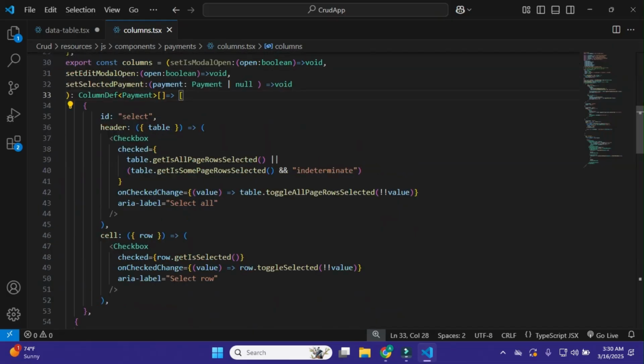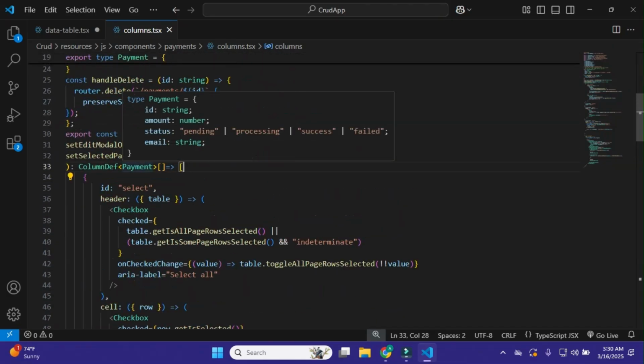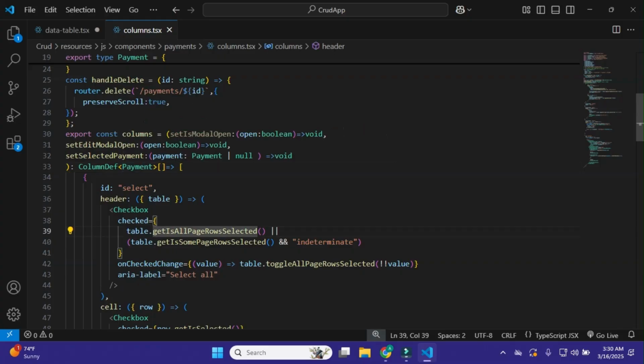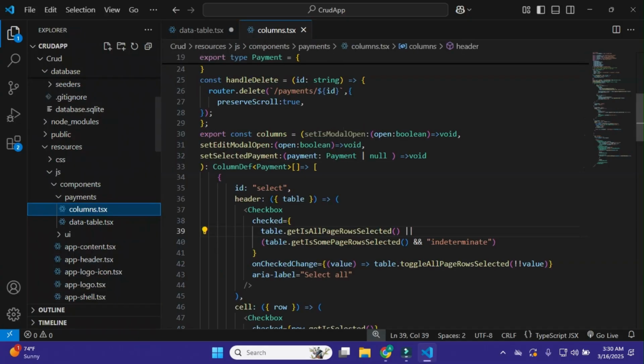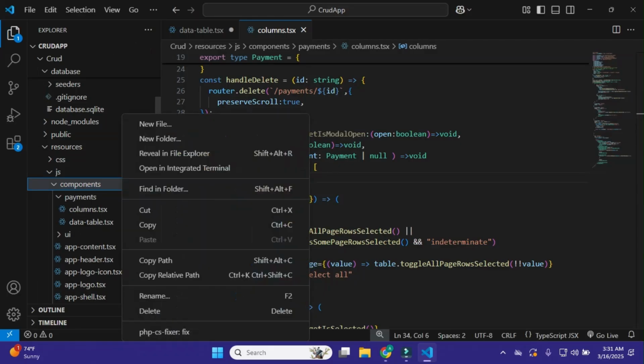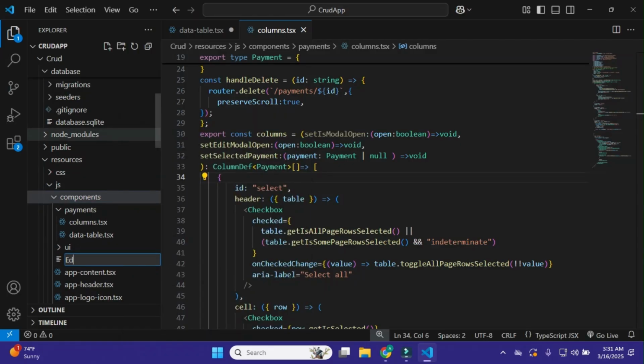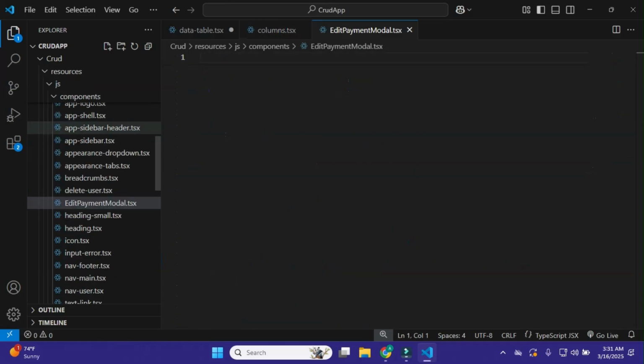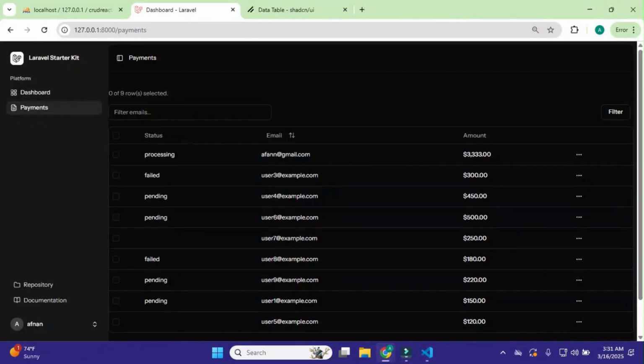define this AddedPaymentModel. Okay, and for this just go here components, and make here a new file, and in this file make it AddedPaymentModel.tsx. Okay, that's it. Okay, so we simply do this, and now I'll simply go to browser, and